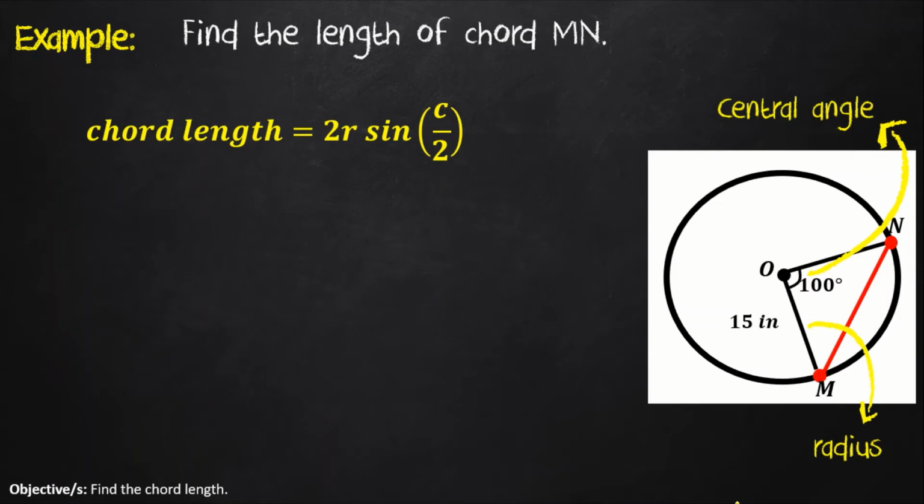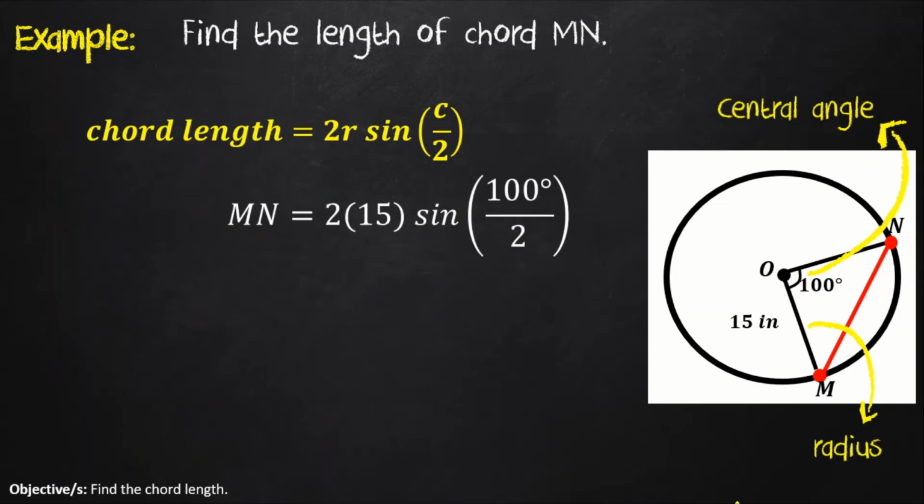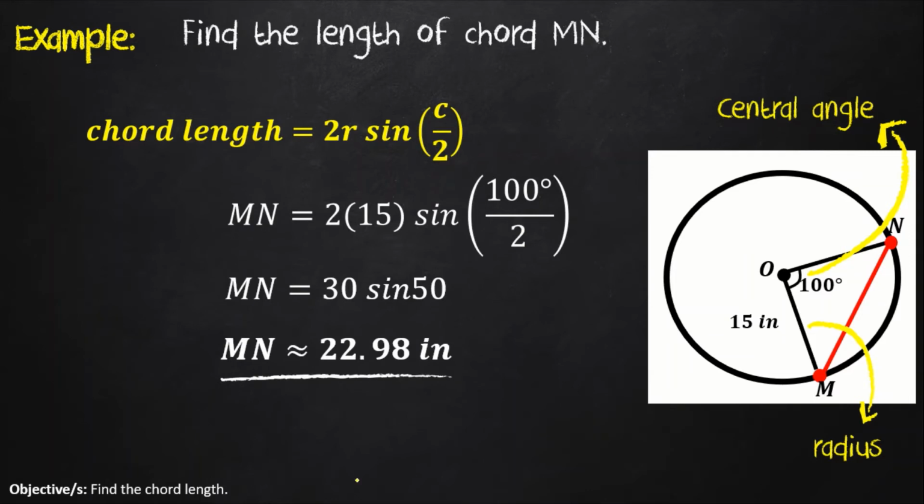Now, going back to our example, so, plug in na natin yung values ng r at C doon sa ating formula. So, let us find the length of chord MN, and that is 2 times the radius, which is 15, times sine C, the measure of the central angle, over 2. So, 100 degrees over 2. So, we have MN is equal to 2 times 15 is 30. Then, we have sine 50. Yung 50, we have 100 over 2. Now, ang computed chord length natin ay 22.98